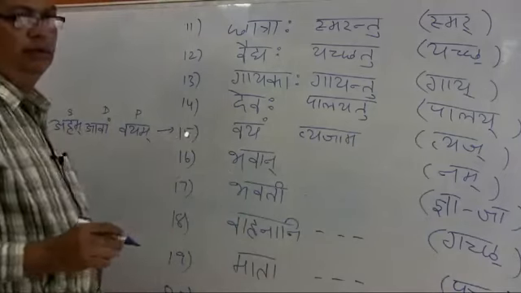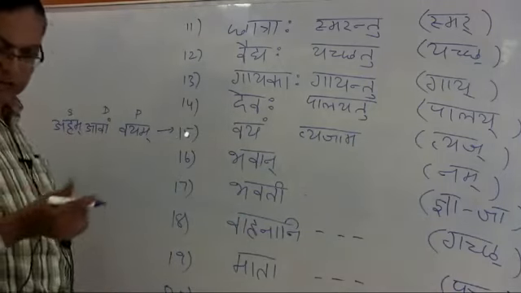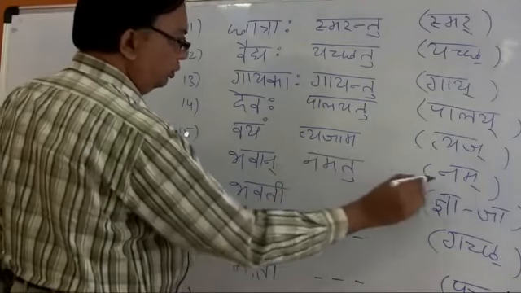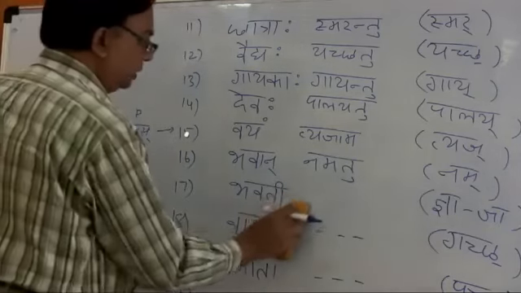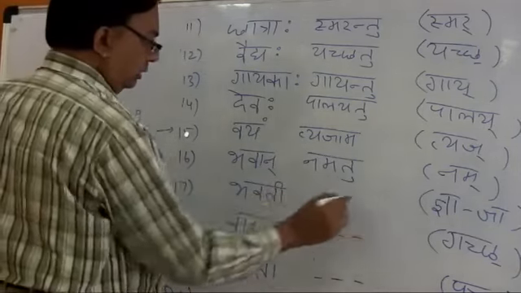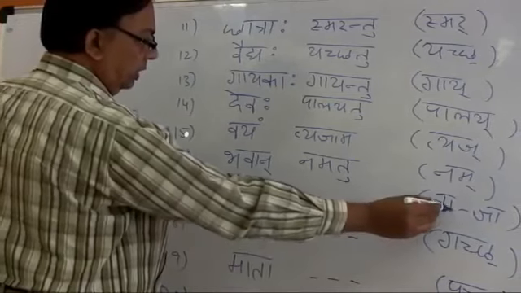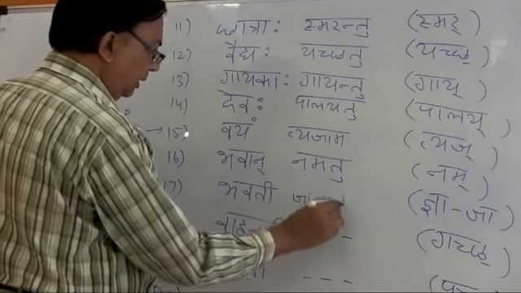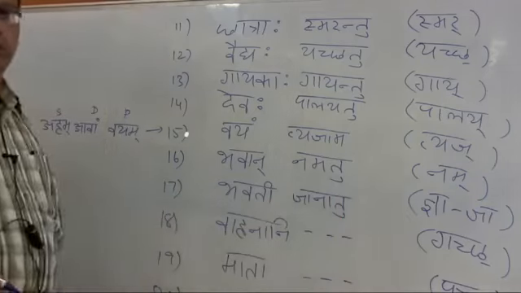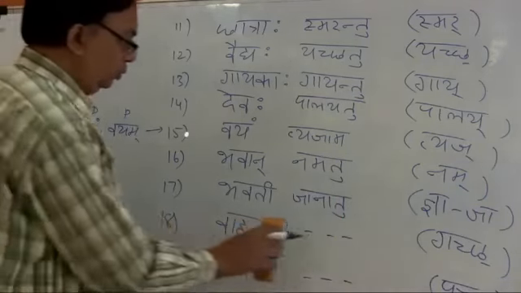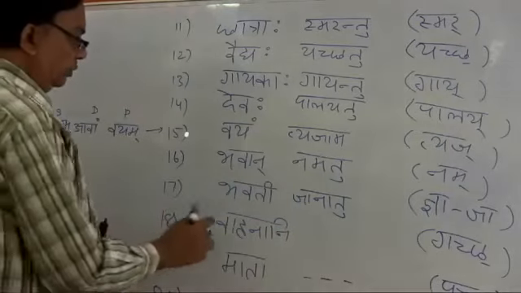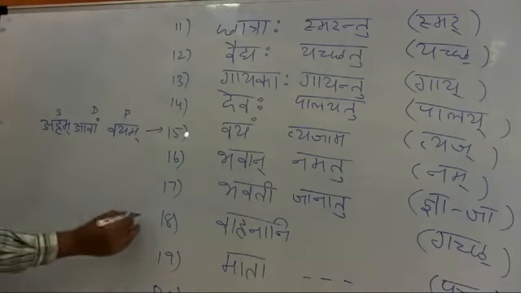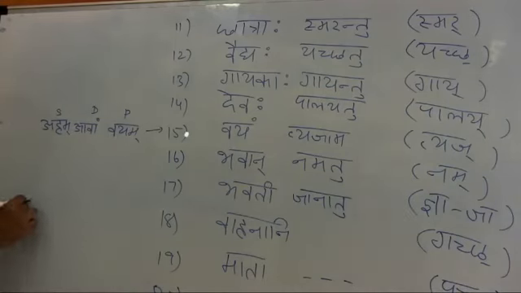Now Bhavan, what is Bhavan? If you remember, this is a pronoun in a respectful sense. So Bhavan Namatu. May you salute, sir. Bhavan is also third person singular. Bhavati is also third person singular. Therefore, Bhavati is used with the Gna dhatu. Gna means to know. Bhavati Janatu. The verb would be derived in imperative mode as Janatu. May you know, telling a lady. So Vahanani. What is Vahanani? This is a neuter noun in plural number, the 18th one, derived as Vahanam.